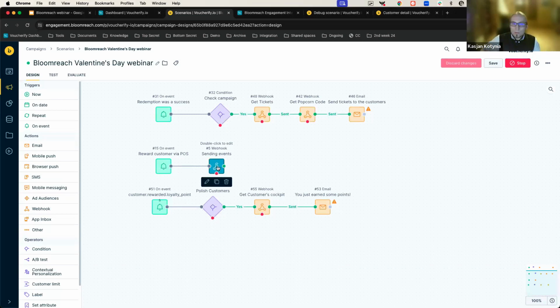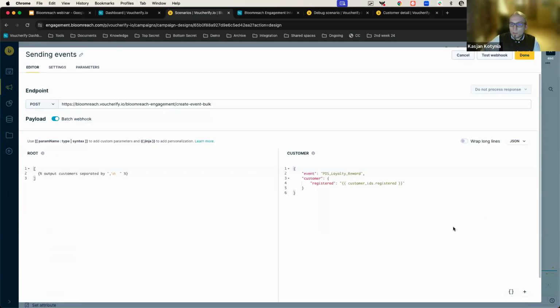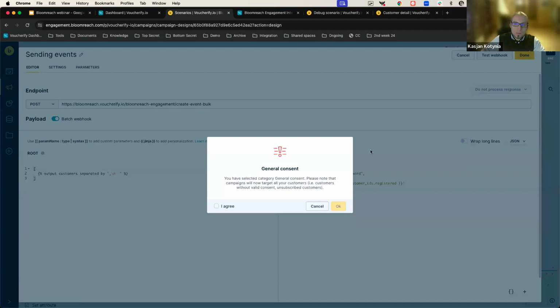If you want to go to some additional details and see how it looks, you can see that whenever there was a specific action within Bloomreach, you decide what kind of event is being sent to Voucherify according to the documentation that we provided, and also what kind of details should be shared with Voucherify regarding the customer. Now, once this is done, within Voucherify itself,